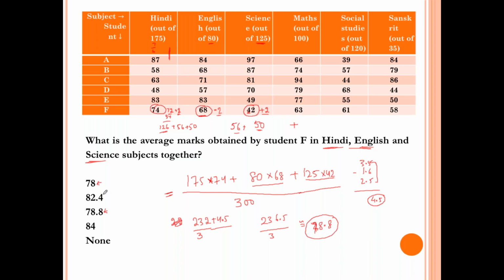If our options are close, we can just eliminate this one, but we cannot say anything about average marks on this, right? So in this type of average question, what you need to do is just calculate and get the answer. There is no way out because the base has changed. If we are not having the same base, we'll not be able to get the answer through any shortcut. The only thing we can apply is some approximation, right?